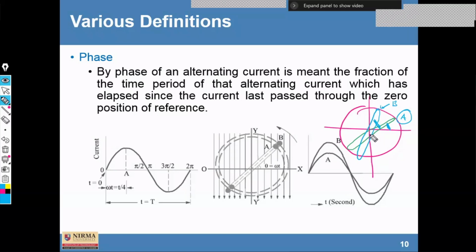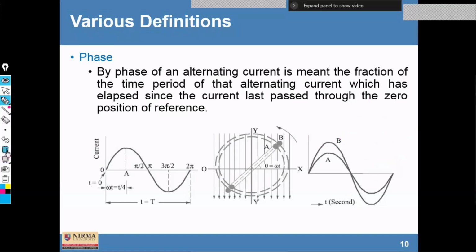Then what is the difference here? What is the difference here? An angle theta, passing from 0 to some angle. Fine. So here both the quantities have the difference in angle, phase angle. Fine. So we can represent such quantities in a different way. So let us see this way.